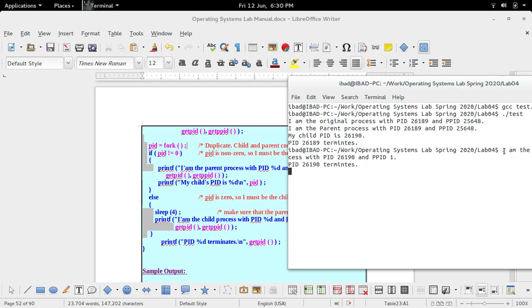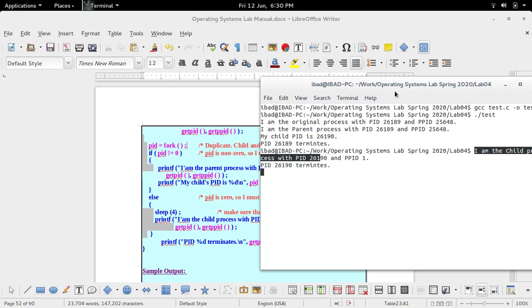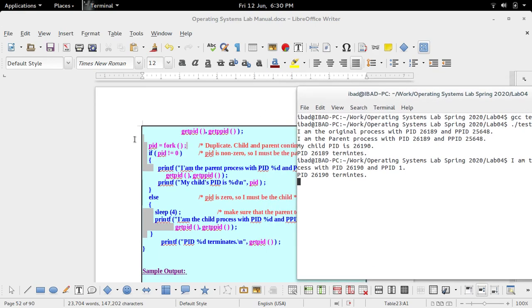So then the child process says that I am the child process, and my PID is 26190 and my PPID is 1. So now it means that it has been adopted by init, and it's an orphan process. And then again 26190, that is the child process, also terminates. So this was about the